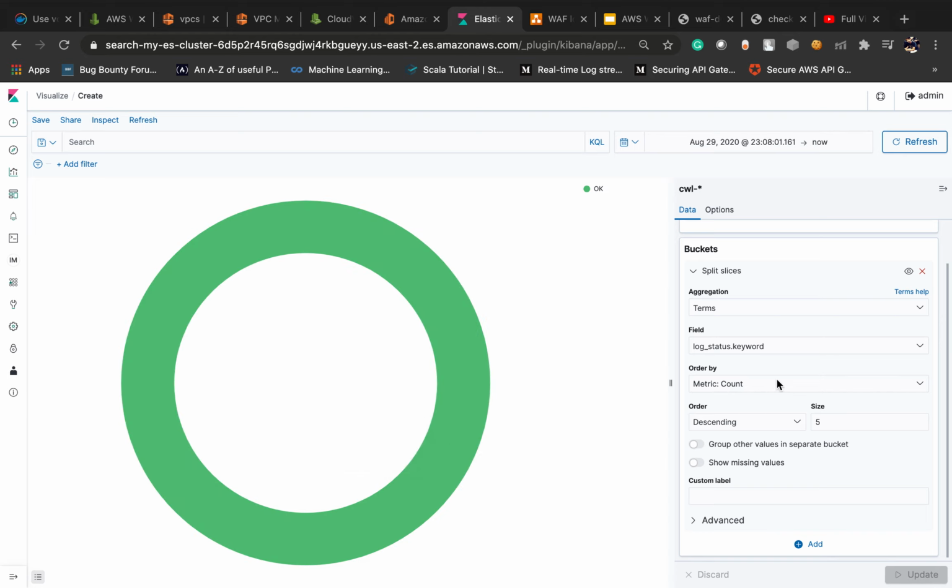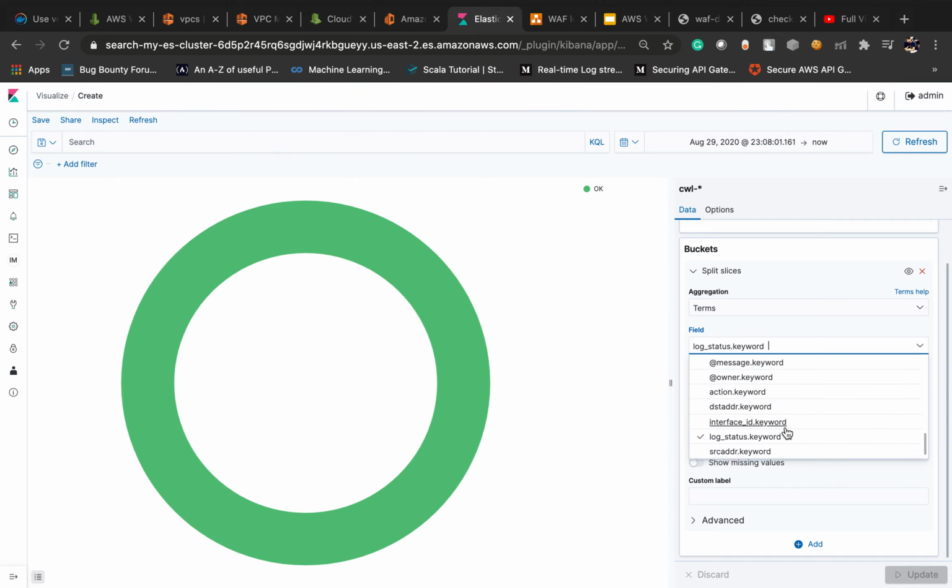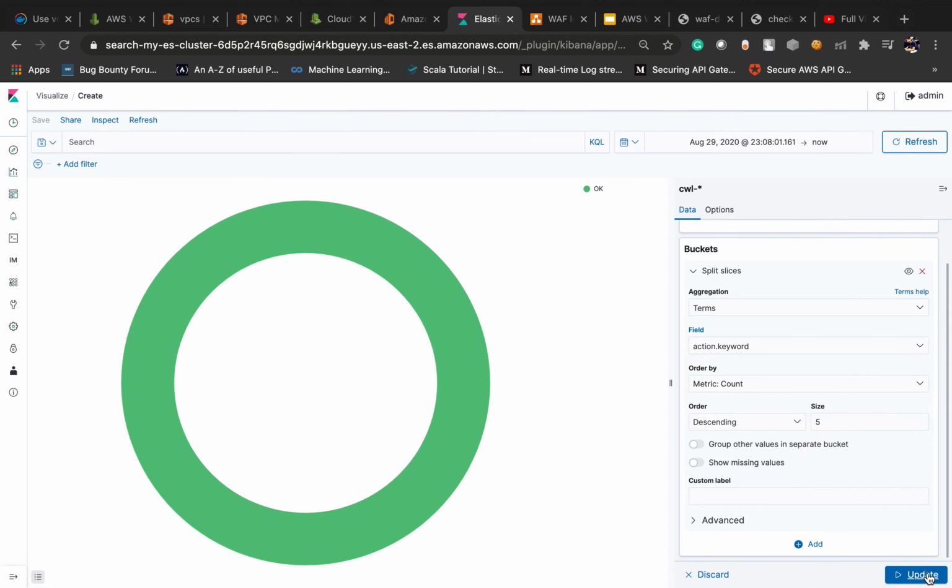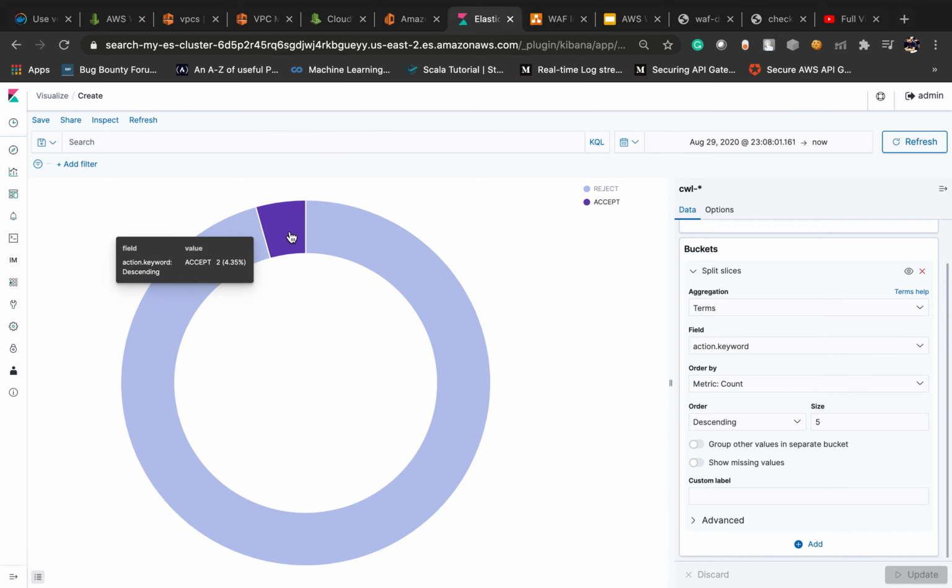So it is all okay, not this one. Action keyword. So here you can see this many requests are rejected and this many are accepted.